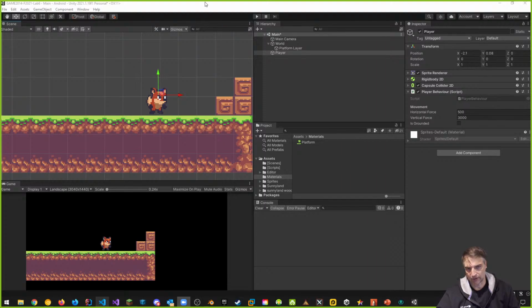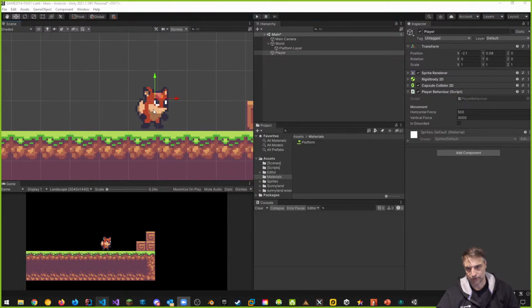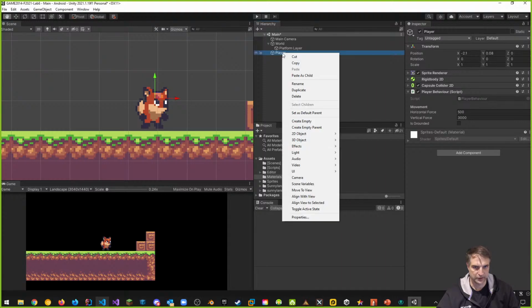And the problem that we're going to need is where the circle originates from. We can't originate from the center of the player, which is right here. That doesn't make any sense because it would be too big, right? It'd be too wide for the circle. The circle's going to have a radius, right? So we're going to have to originate it somewhere down in here, which means we need an offset. Let's think about this as the ground origin or ground detection origin or something like that, which means we need